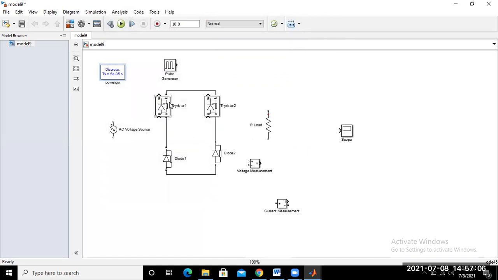Now here we require two SCRs. So we require two gate pulse generators. That means you may create another one from this. Maybe delete. Okay. So put this here. Change their position from this point to this point and this one.